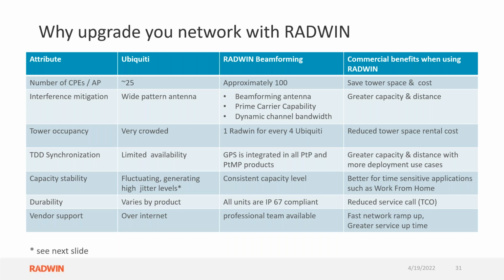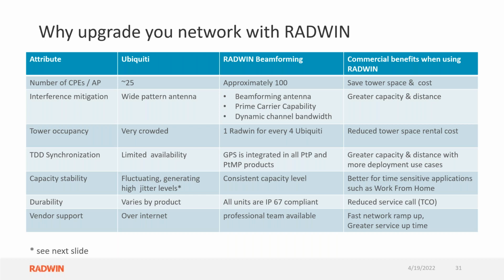One of the key things about capacity with RADWIN is this beamforming. Because of the beamforming, we have the capability of putting 100, maybe more, on an AP and having them work reliably with a good user experience. You can shove a lot of devices onto an AP, a lot of subscriber units, and it'll work, but it may not work well. People are not going to be happy. We're going to be able to put more subscribers on that system and have them work well. So again, that's going to save power, space, and cost because I'm not having to put a lot of different